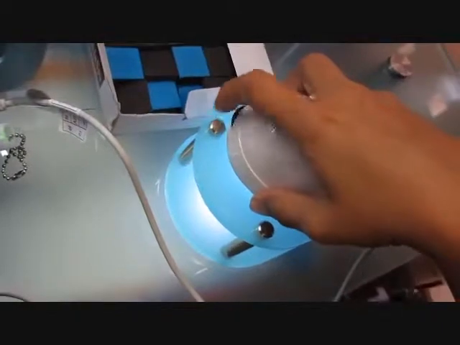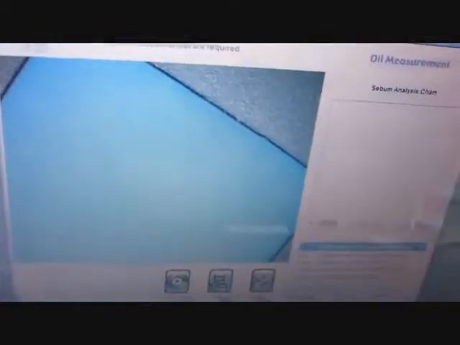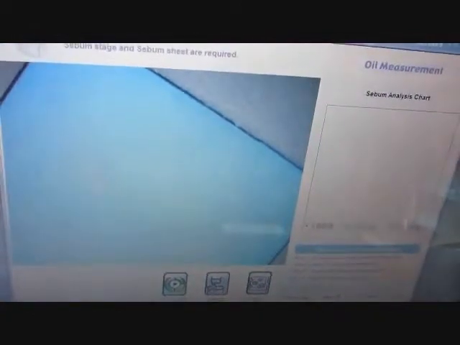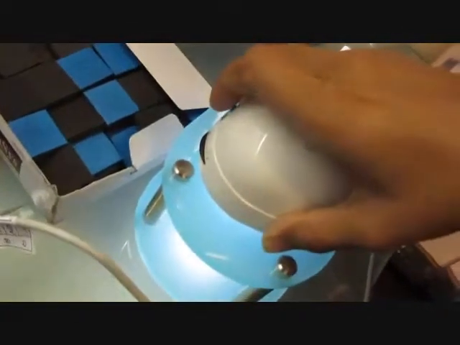Zoom in the camera probe till you acquire a clear image, and click on the capture button. Click on the image analysis icon.